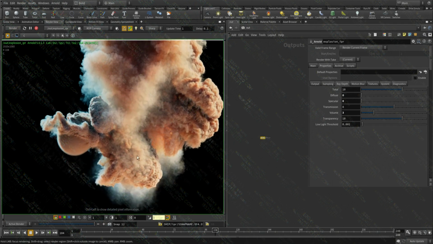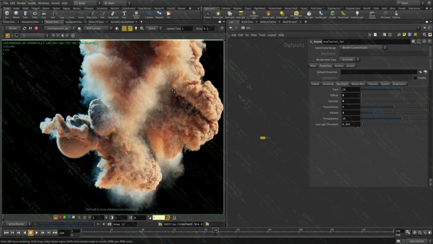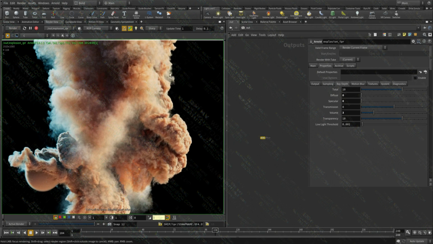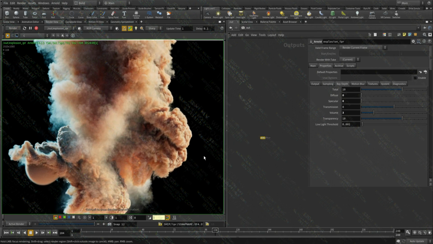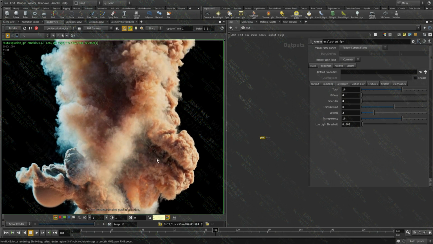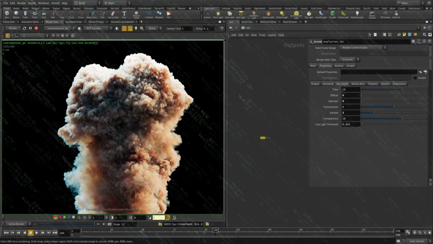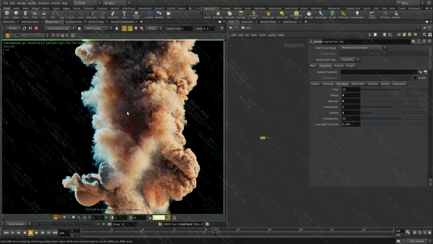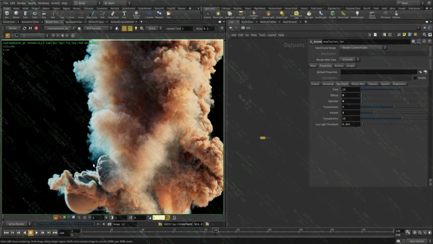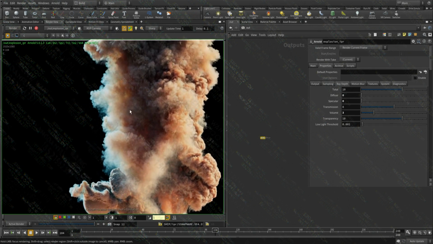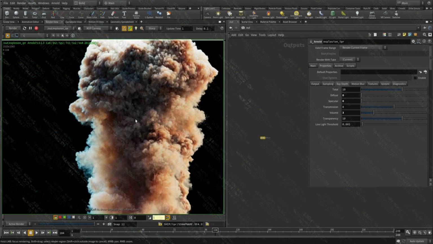If you look at a lot of sims, it's really hard to see this type of effect. It's generally a uniform density smoke that either has a lot of details or basically has fire or something like that. But having overlapping complex volumes with this density and variation is very hard to create and see as well.